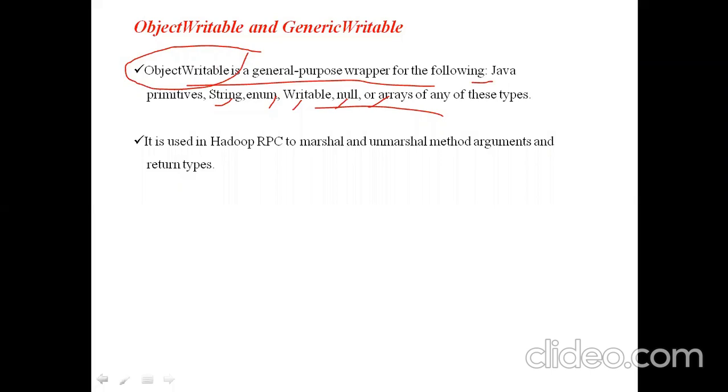Generally, where we use this ObjectWritable means it is used in Hadoop RPC. RPC means